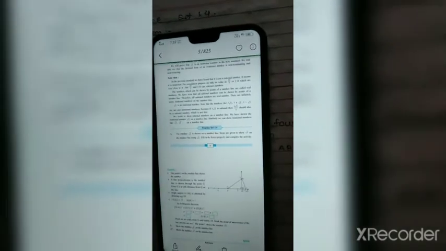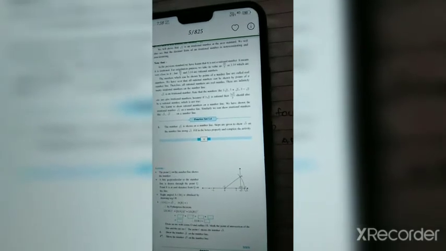This is the sum that is given to you all in your textbook, page number 6. So the activity part is, the point Q on the number line shows the number. Which number does it show? It shows the value of root 2. A line perpendicular to the number line is drawn through the point Q. Point R is at unit distance from Q on the line. This activity has been given to you all.